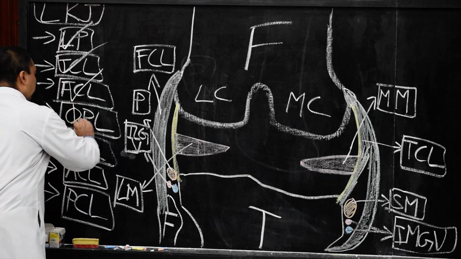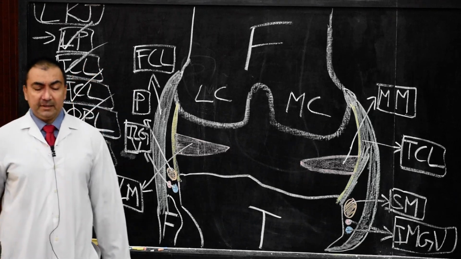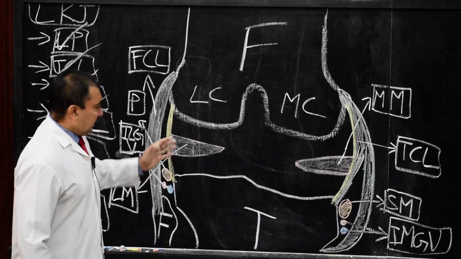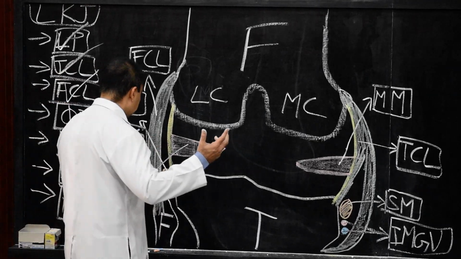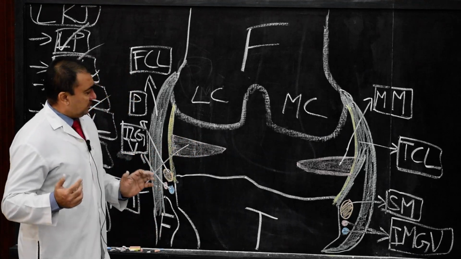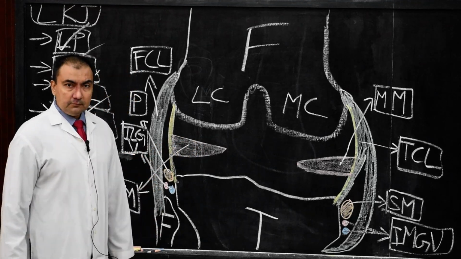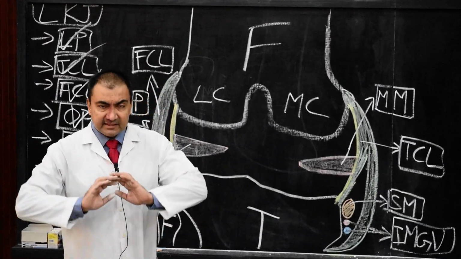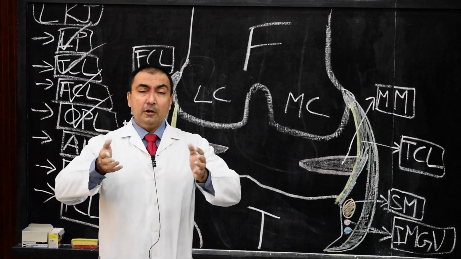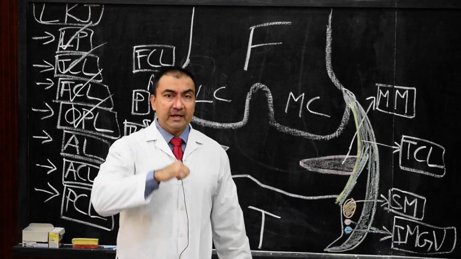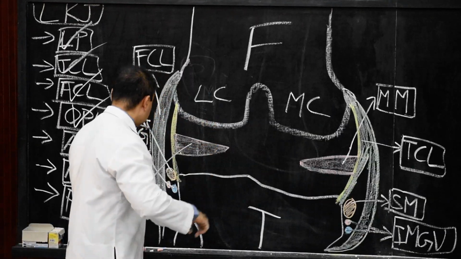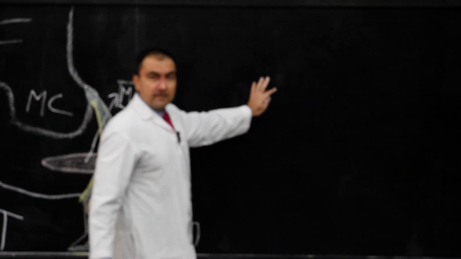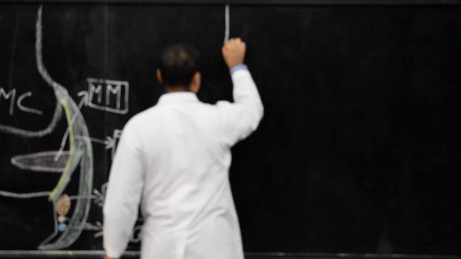Now, oblique popliteal ligament. Many times it is asked as a 1 mark question answer, very often. The oblique popliteal ligament will be an expansion from the semimembranosus muscle. So therefore, on this side, I am going to draw the posterior surface.